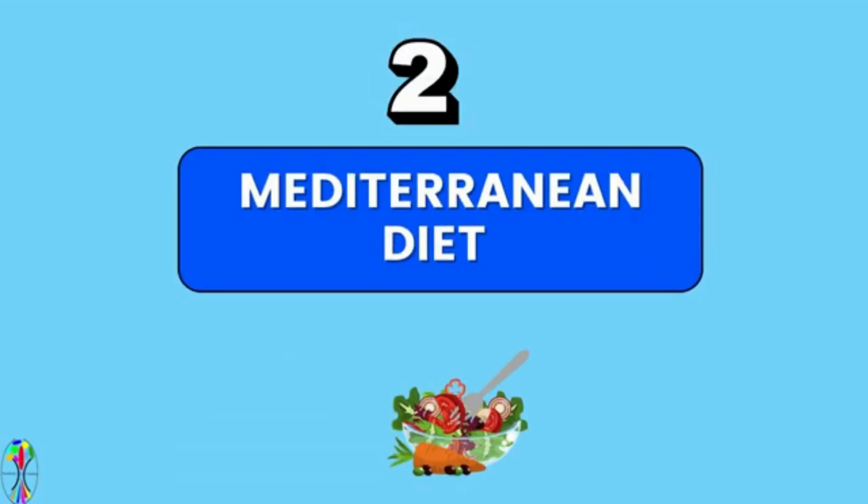The second very important area where we can work on is the Mediterranean diet. This diet is associated with a lower risk of stroke as well as a lower risk of heart disease. There are many advantages of a Mediterranean diet, including lower blood pressure. It also reduces bad cholesterol. One of the reasons it does that is healthy fats like olive oil and avocados, which lower bad cholesterol and increase good cholesterol. The Mediterranean diet also lowers the blood sugar level,